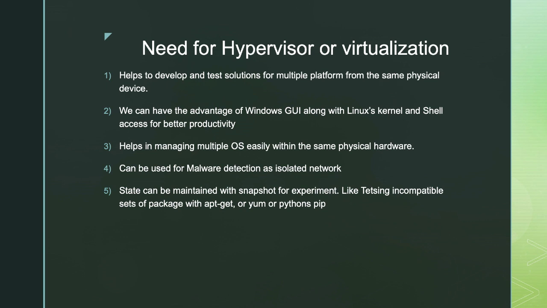Some of the use cases: why do we need a hypervisor or virtual machines? Let's suppose you are developing a solution, maybe you are writing a Flask application in Python, and you want to test how it behaves on Linux and how it behaves on Windows. So you need to have two machines, one Windows and one Linux, maybe physically accessible or maybe over a network. Somehow you need to have access to two different machines. That means more money. It also means you need more physical space to keep those physical servers.